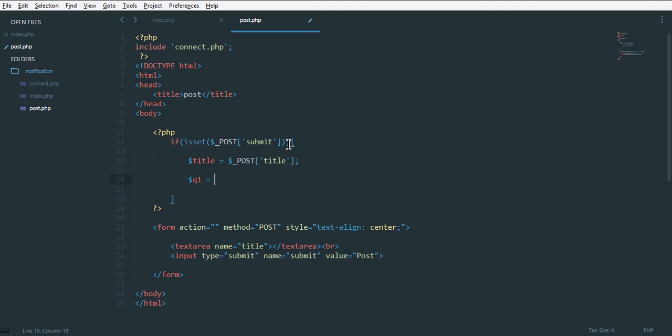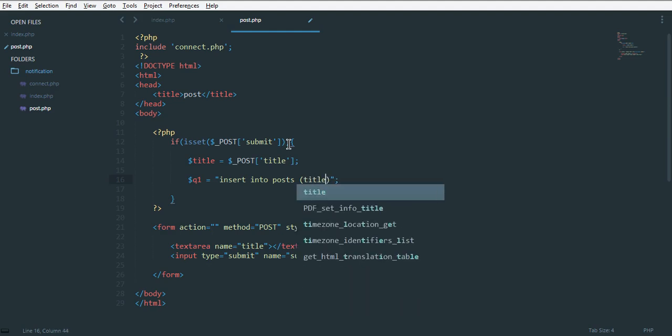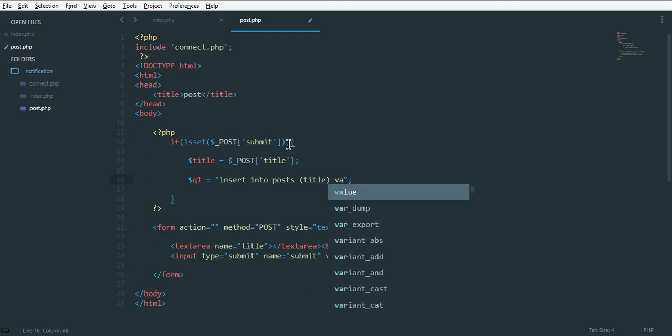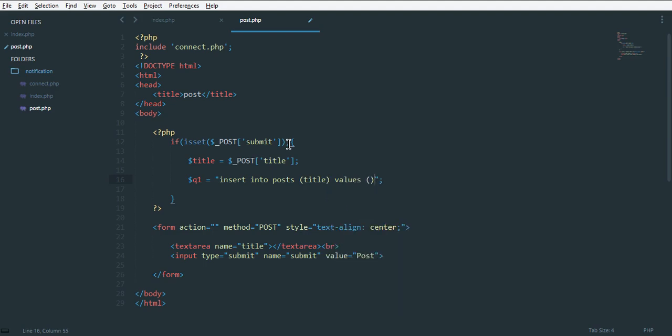Okay, so just to make a query here, insert query, it will be insert into posts, and there's only one field here that will be called title, and our values will be the post title. Okay, so just title,